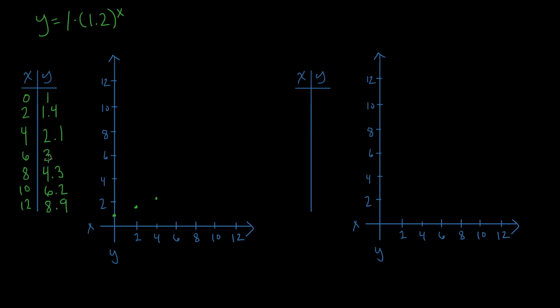When x is equal to 6, y is going to be equal to 3, which is going to be about right there. When x is equal to 8, y is going to be equal to 4.3. When x is equal to 10, y is going to be equal to 6.2. We're going up a little bit faster now. And then when x is equal to 12, y is going to be equal to 8.9, which is going to be about right there. And so to graph this function with the points, I'm just going to draw a line